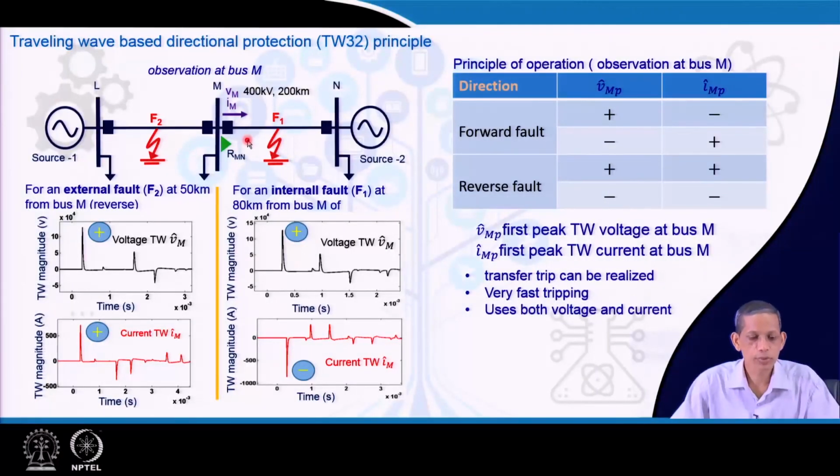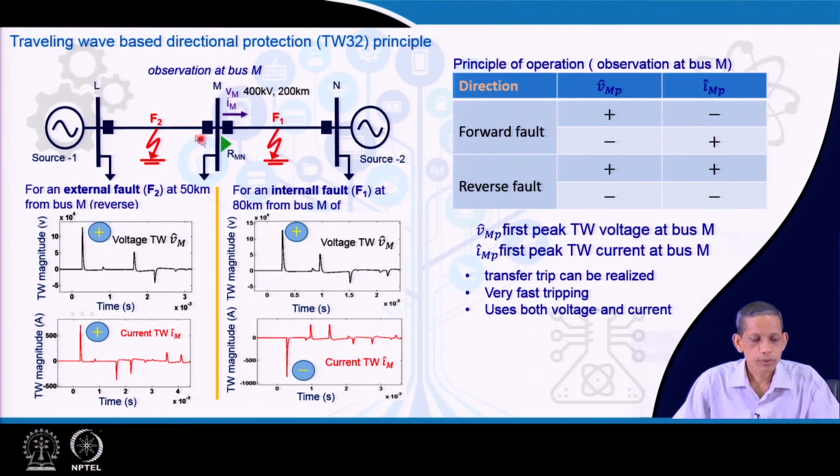So, this is the case of 400 kV, 200 km, the same one we saw for the differential protection. Two situations. First, let us say external fault F2. For this external fault F2, as already mentioned, the travelling wave propagates toward this side, relay IM captures it, and then relay IN on this side will also capture it. We have only considered IM for clarity.